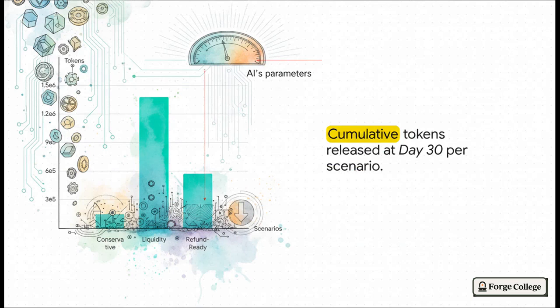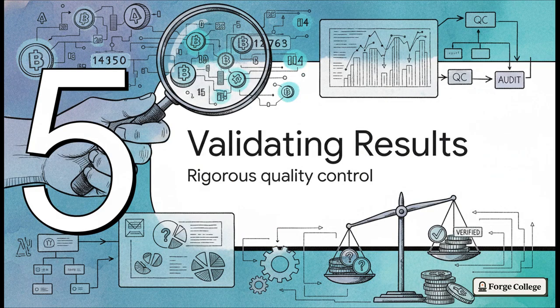Now, what's really interesting about this slide is how visually striking the math becomes. When we graph the cumulative tokens at day 30, we instantly see if the AI's numbers align with our actual tokenomic goals. If that liquidity bar is towering over everything else, and our goal was supposed to be a conservative launch, well, we immediately know the AI's parameters are completely wrong and we need to go back and adjust our dials. Which naturally leads us to Section 5,